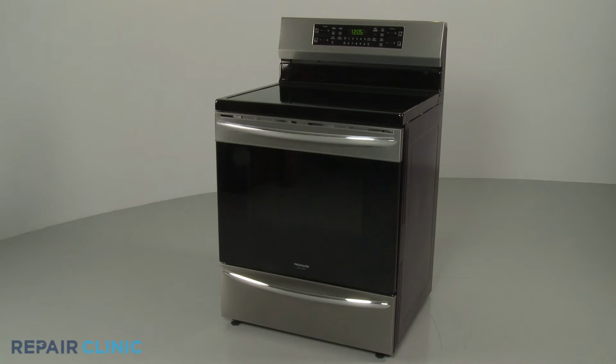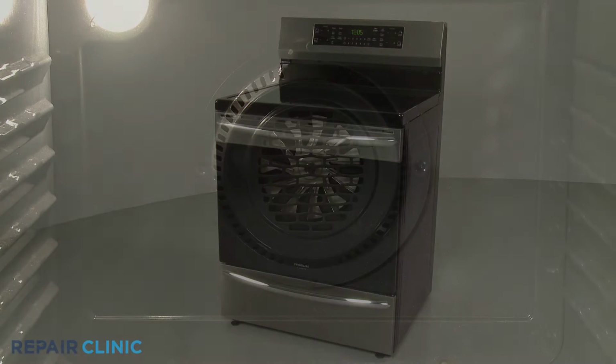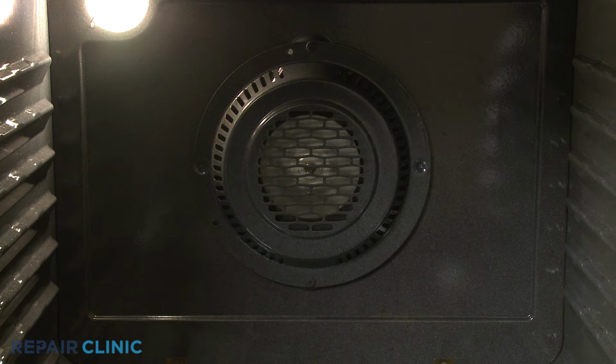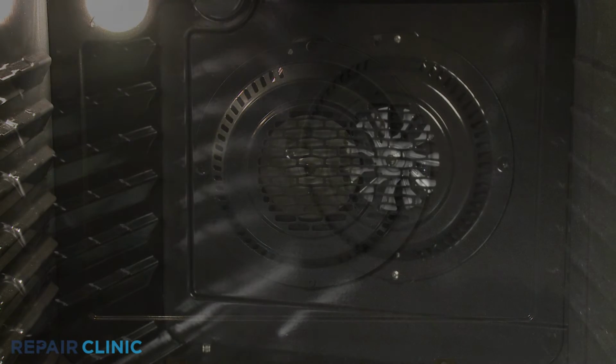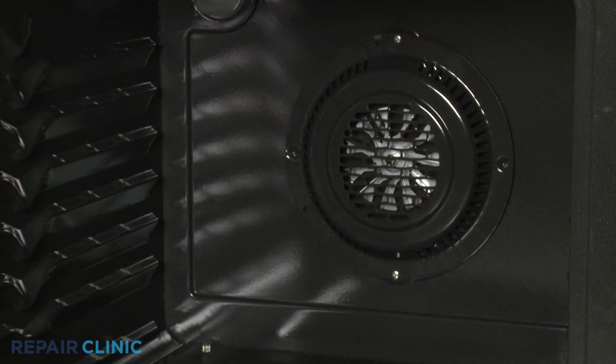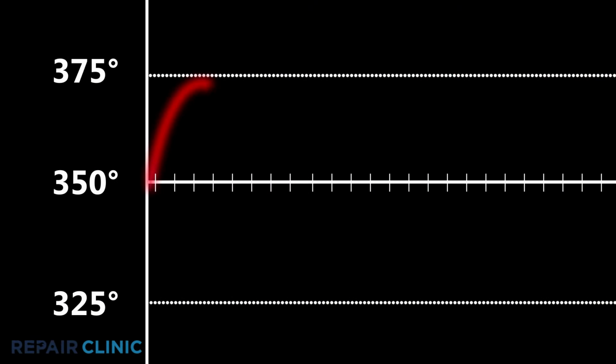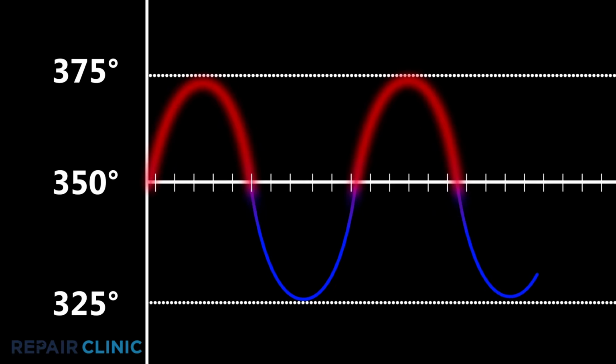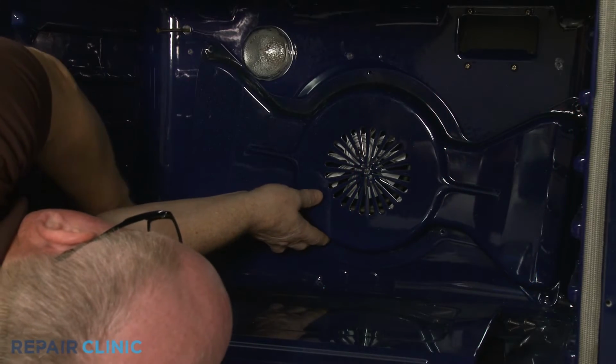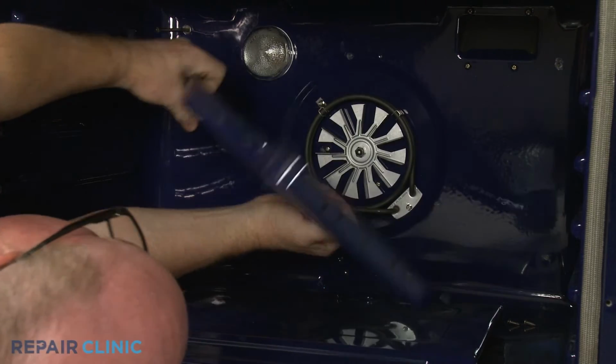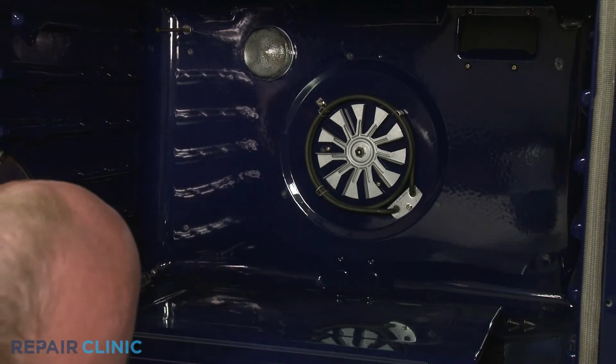A convection oven can minimize temperature fluctuation by using a motorized fan to circulate the heated air evenly throughout the oven cavity. A faulty convection fan motor could result in the oven being unable to maintain an accurate temperature. To help determine if the motor is at fault, remove the convection fan cover and try turning the fan blades